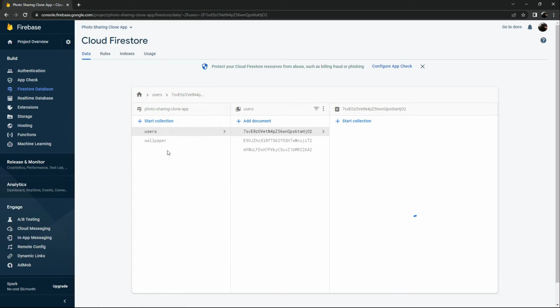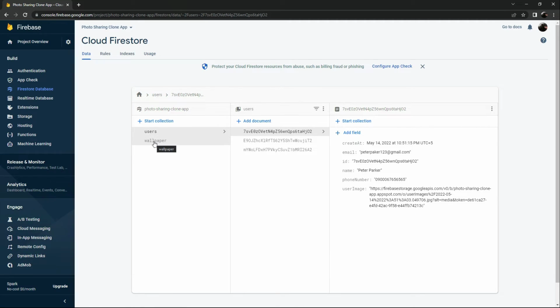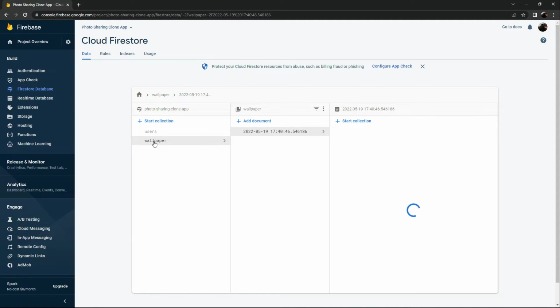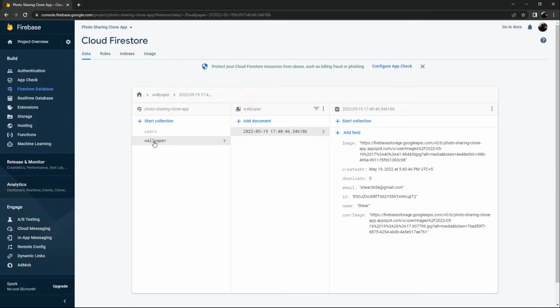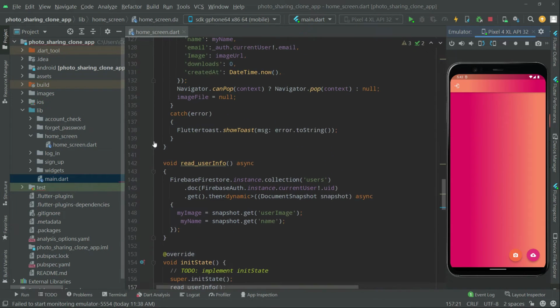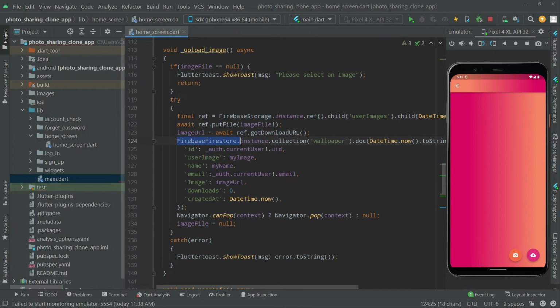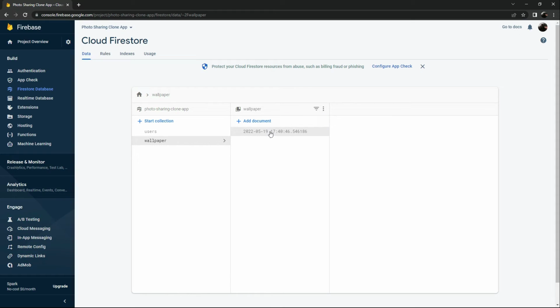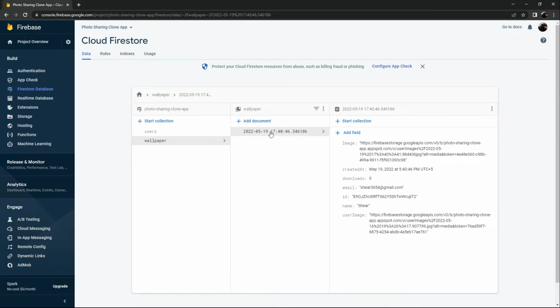In here, as you guys can see, it's working totally fine. We created the collection right inside the Firestore database. As you guys can see in here, that collection that we created. Let me show you right inside the code. In here, as you guys can see, Firebase Firestore, and we created that collection wallpaper. Now right in this collection there will be all of the data. So let's go and check that. In here, wallpaper, and there is that. Open that document, and in here, as you guys can see, the image and their URL, created at,